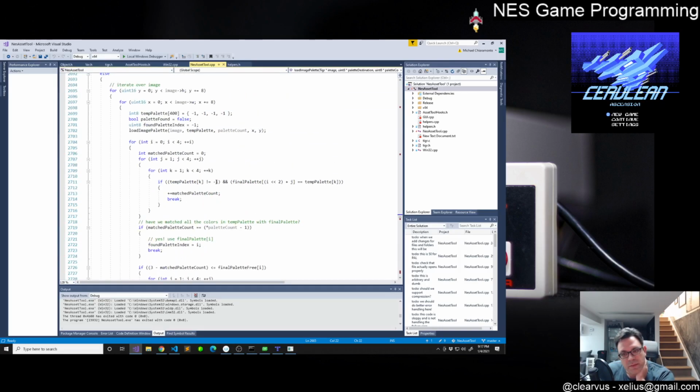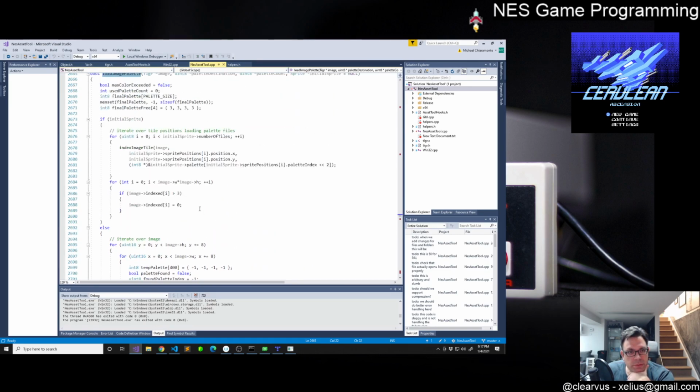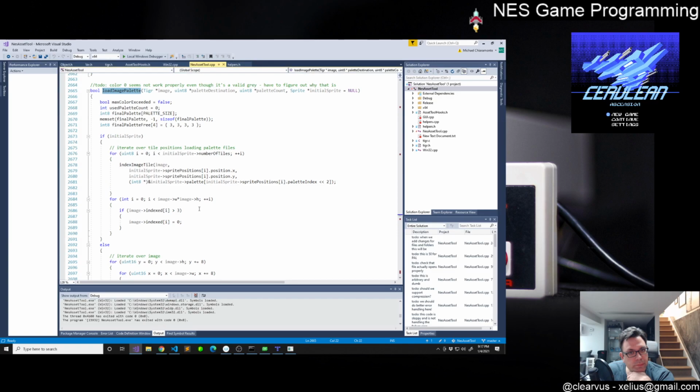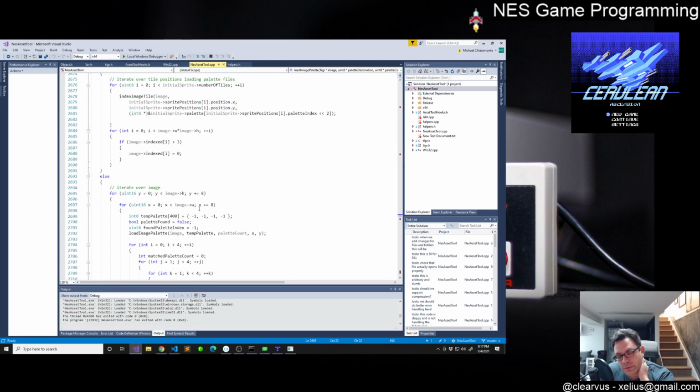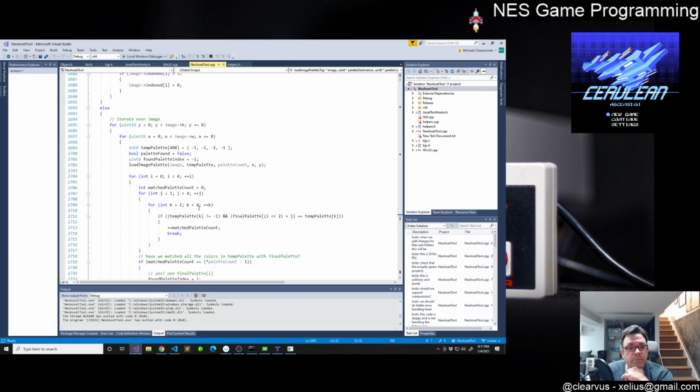But it never bothers checking the background color. I mean, I guess for sprites that won't work. But for backgrounds, it's totally fine, right? Because for sprites, the 0 index is a transparent color. So